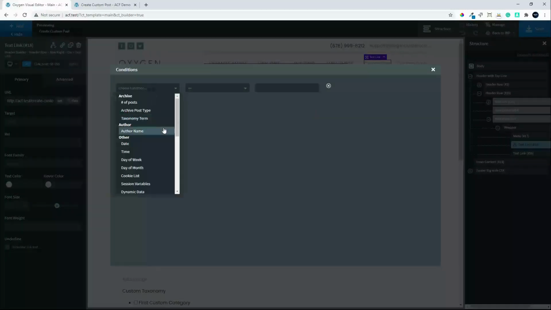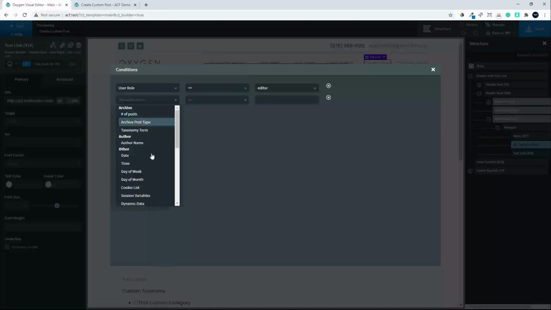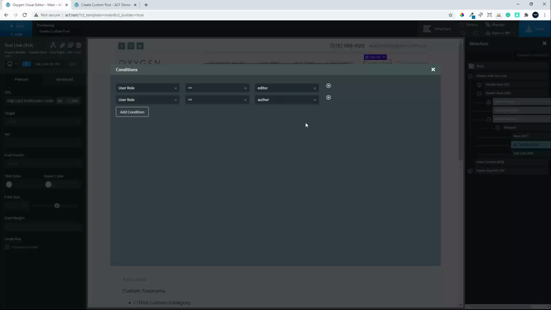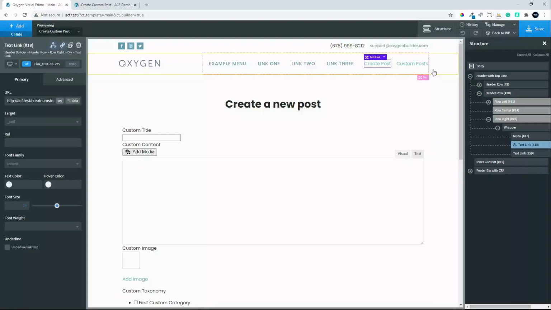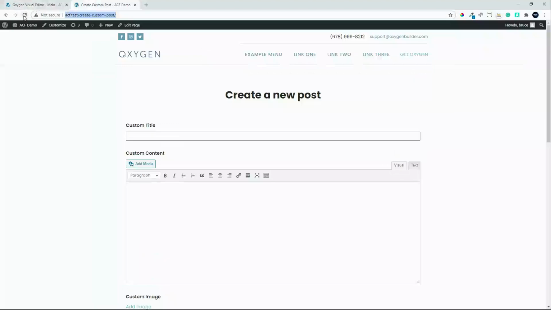And it will once again be user role equal to editor. Add condition, user role equal to author. And save. So that means that when I refresh,